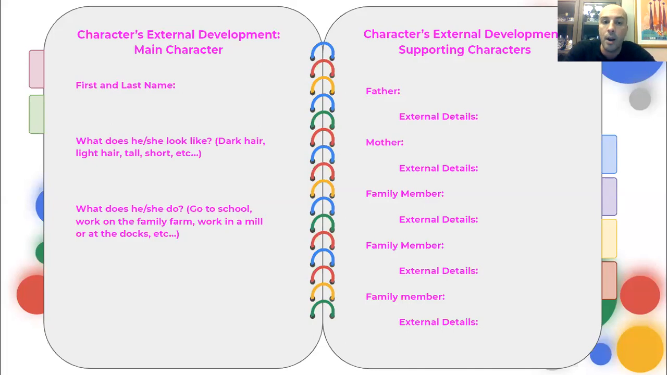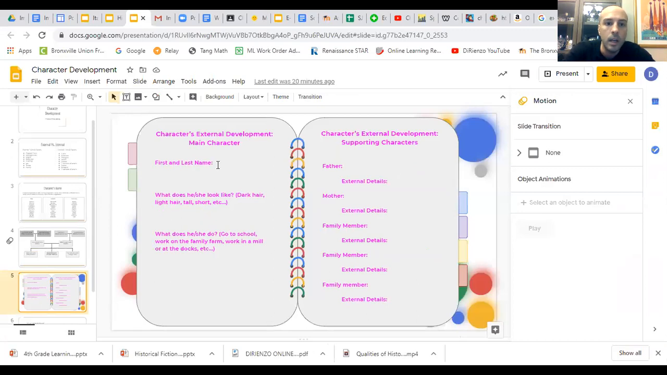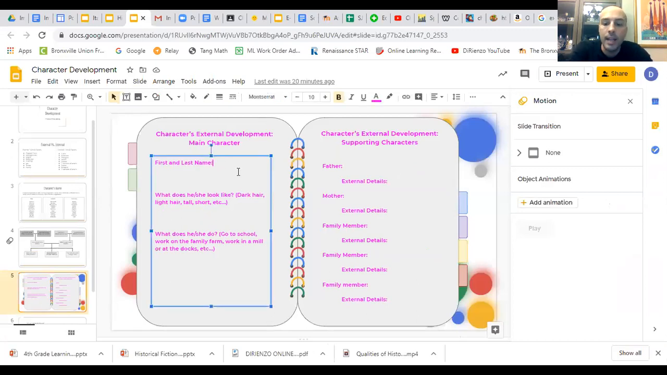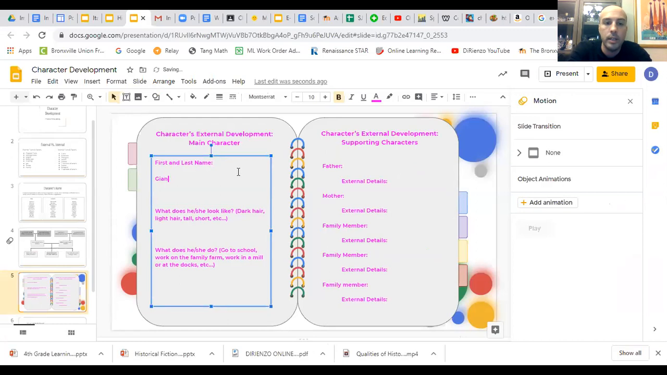You're going to take the characters that you just developed in your family tree, and you're going to basically lay them out here, letting us know what are their external traits and factors, okay? So I'm going to start here. So the first and last name of my character we already know is Gianni